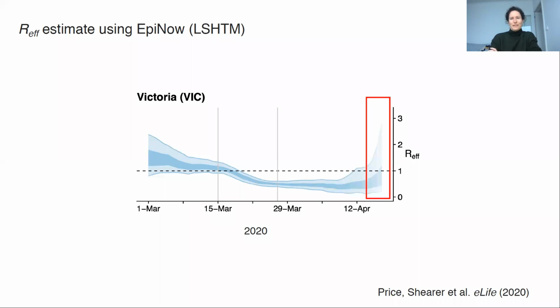And towards late April, this is the time series estimate of the effective reproduction number for Victoria through March and April 2020. We can see that towards the end of April, when we had no cases, the model estimate returns to the prior. And that makes sense because there's no data to inform that model.